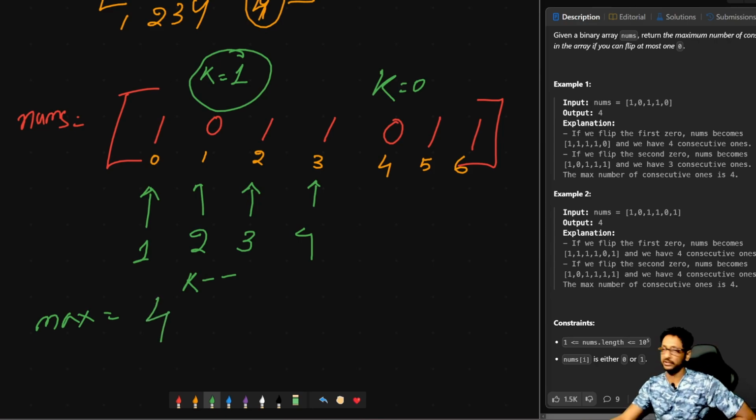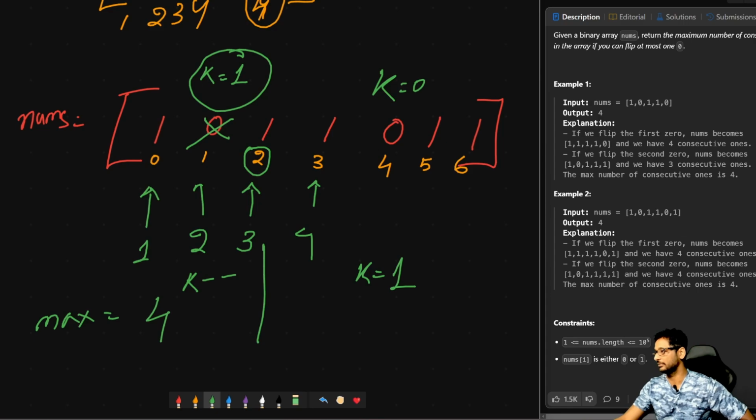Now when we reach the next 0 and our k is 0, because we cannot convert it, we have to start recalculating, right? So what we're going to do here is reset our k to 1, and because we already considered this 0, we have to calculate starting from index number 2. From here we're going to start our prefix sum again, which gives us 1, then 2. Now when we reach 0 again,